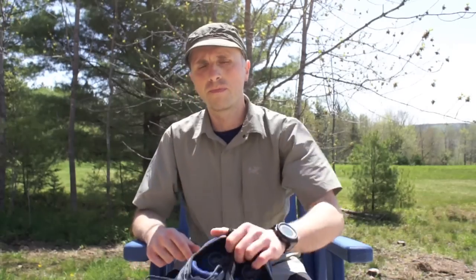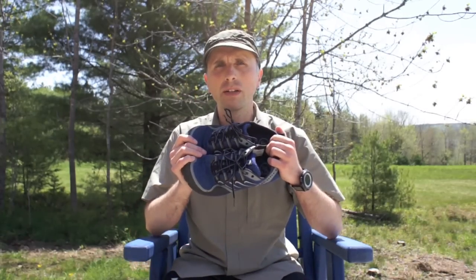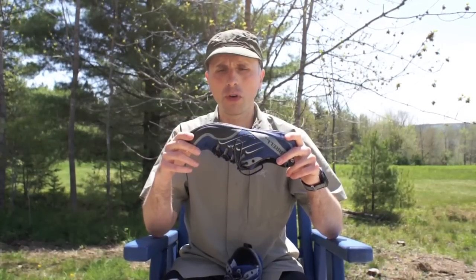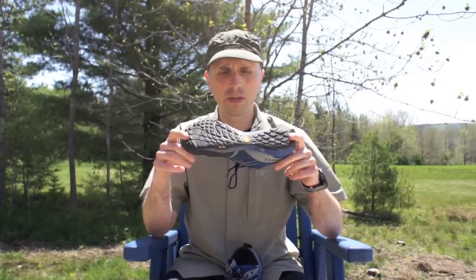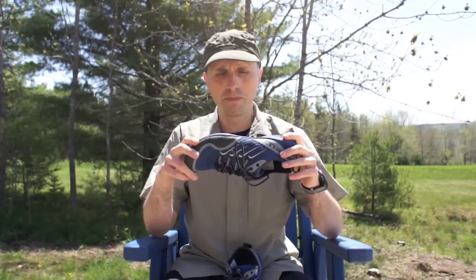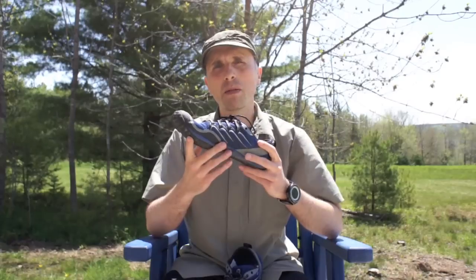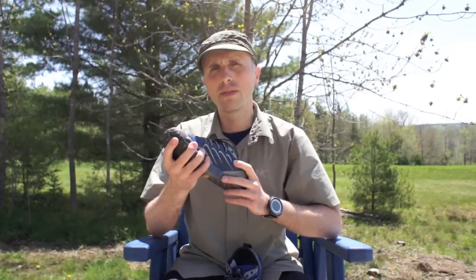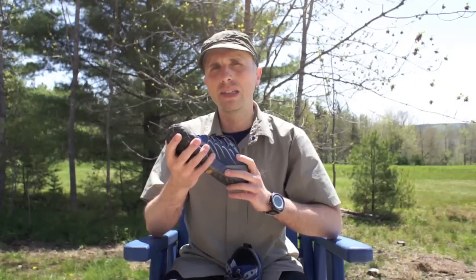The next shoe I'd like to go over is the Barefoot Trail Glove. The Trail Glove is Merrell's first foray into the barefoot minimalist shoe market, and I'd say they've done a pretty good job. With my wide feet, I find that the Trail Glove tends to be a little on the narrow side for me,